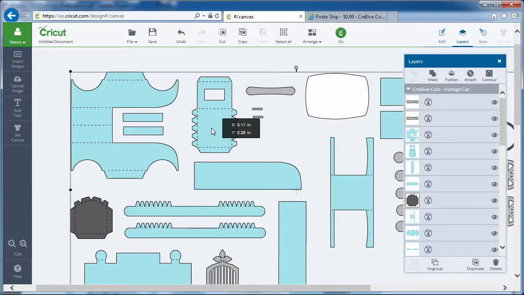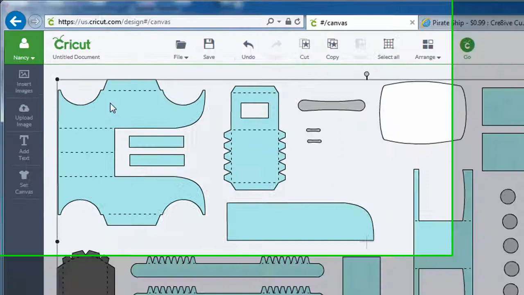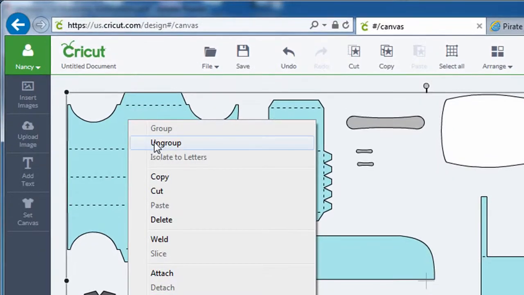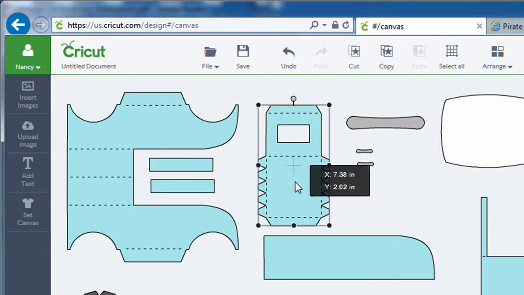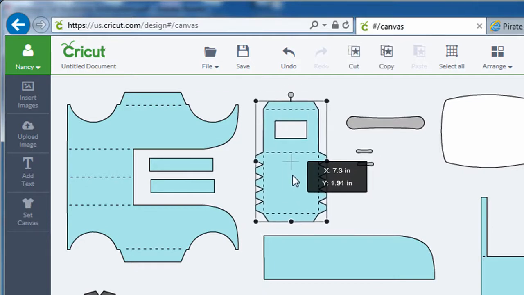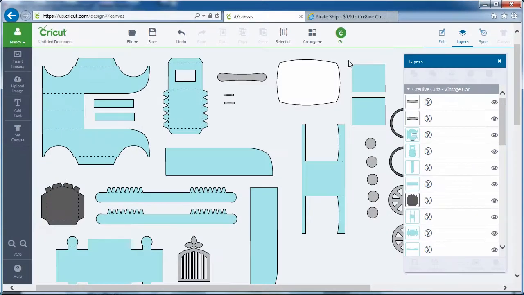Okay, so now you can see all the pieces are still grouped together, but they've been resized so that they're going to cut at the right size. Now you have the option, if you want to ungroup the pieces, you can. You just right click, click on Ungroup, and that ungroups everything. Now you'll notice that the score lines are all still attached, so it doesn't ungroup those, it just ungroups all of the main pieces. Now from here, I'll just click on Go,